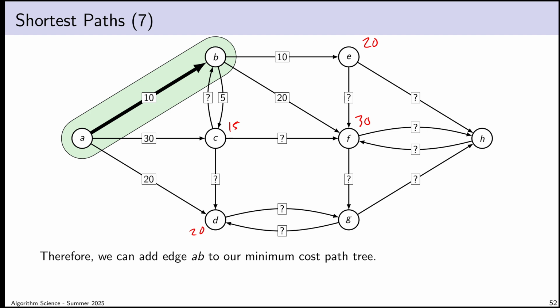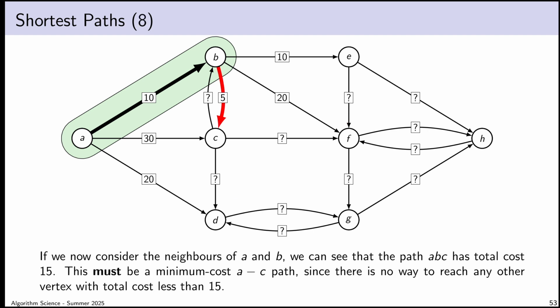Okay, so I apply the same logic again, which is, well, the current cost of travel to vertex E is 20, but how do I know that there's not some way of getting to vertex E, let's say, via vertex C? If I go through vertex C, maybe there's a path from vertex C to E that has cost 1. So that means vertex E shouldn't be brought in just yet. Maybe I haven't found the minimum cost path to vertex E. On the other hand, vertex C has total cost 15, and it doesn't look like I can do better than that, because any other path to vertex C would have to pass through one of these vertices here, all of which have total cost greater than 15.